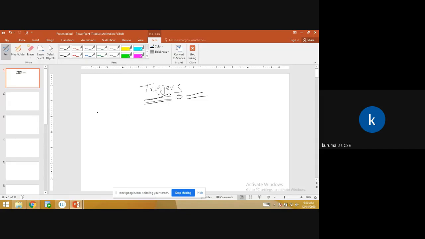So what are the changes? What are the different types of changes? Remember, the trigger is a procedure that starts automatically if specified changes occur to the database.